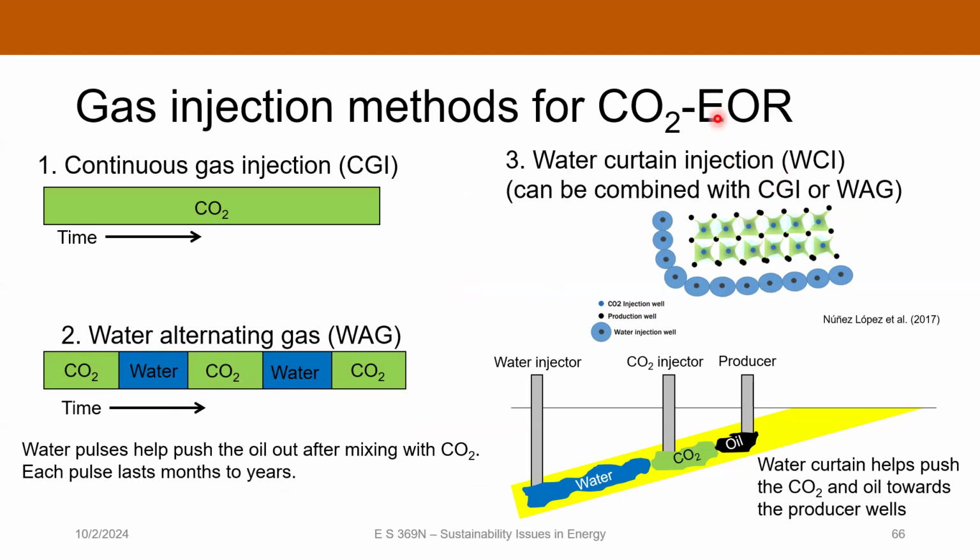There's another type of injection called a water curtain injection, and you can either do this with continuous gas injection or with a WAG, water alternating gas. And this is often done in a reservoir where you've got some topography to the reservoir in the subsurface. So if you look at a cross section here, if your reservoir is kind of this dipping sand layer, having the water curtain forces the CO2 upwards. It's not going to go down, it's going to want to go up